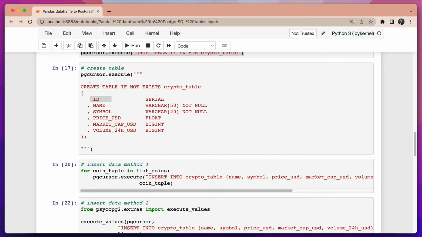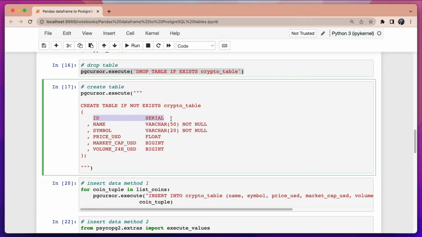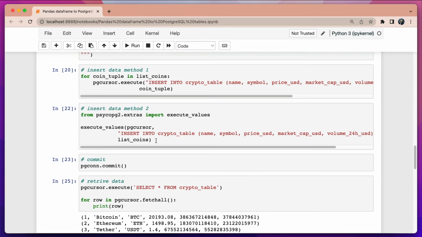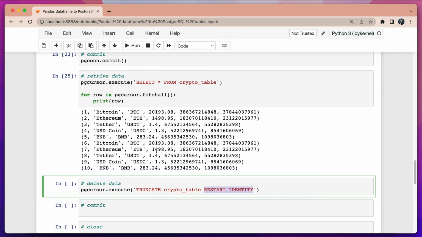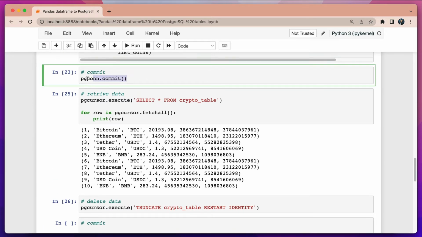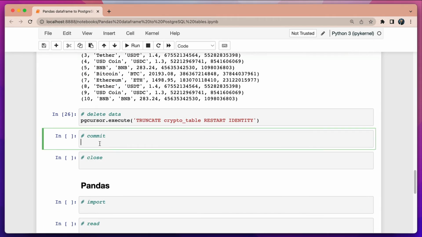So basically we said here that ID is a serial, meaning it's an integer that will be incremented automatically using Postgres. If we delete the data and keep on adding, Postgres will just keep on incrementing this one. It doesn't matter what was before and all of that. So if we use restart identity, basically Postgres will restart the counter. So let's do that, and then let me commit in here,